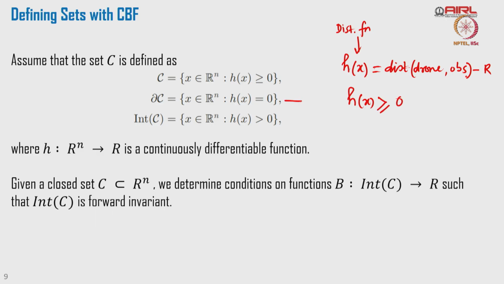Equal to is the boundary of the unsafe and safe region, and what is the interior of the set? The set interior is when h(x) is greater than 0. So if we want to tell it pictorially for a problem where, say, we want to define a control barrier function which is a distance function for a drone, then how will it look? Just assume that